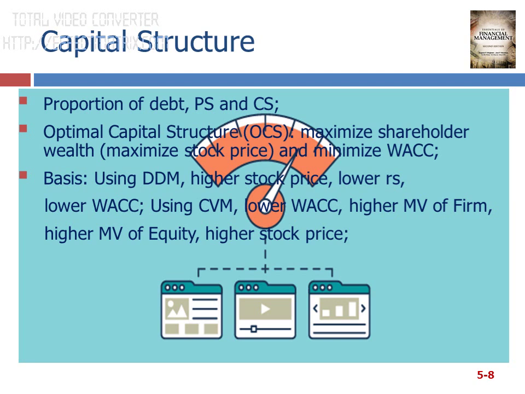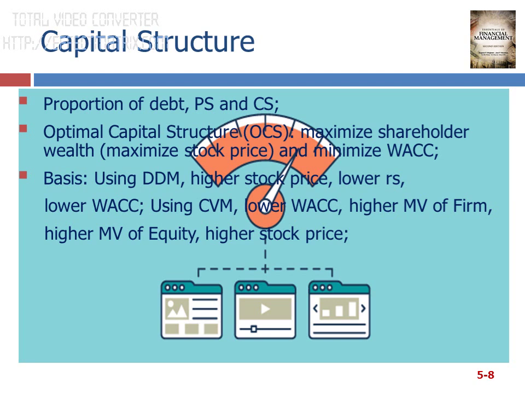For the dividend discount model, the computation of the cost of equity, or R sub S, using the Gordon model is R sub S equal to your D1, or expected dividend, over your stock price, plus the growth rate. As you can see, using that formula, if you have a higher stock price, you'll get a lower R sub S, or cost of equity, or rate of return on equity. So a lower cost of equity used in WACC will give you a lower WACC.